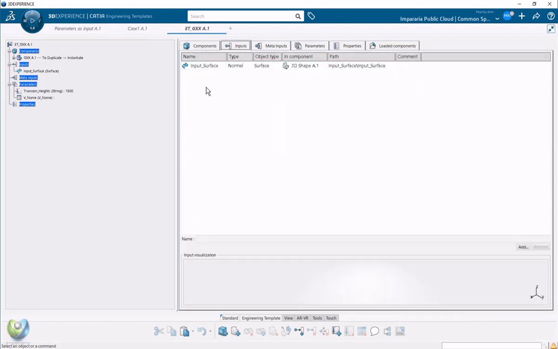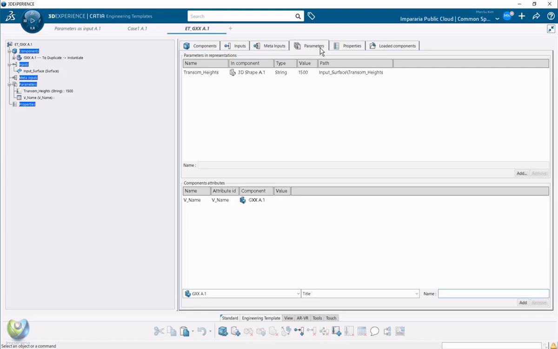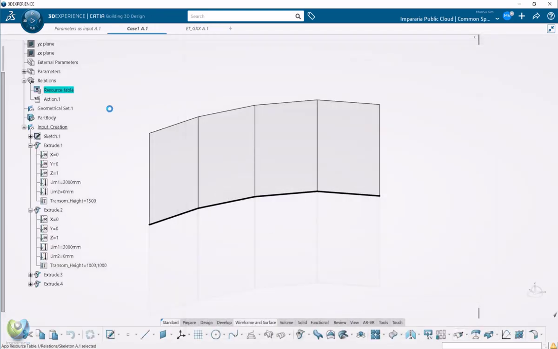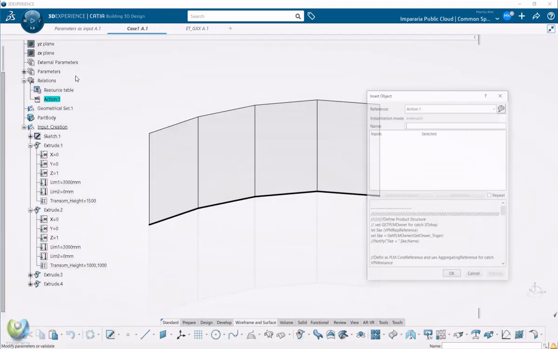This time, our input is one surface, and when you look at the parameter tabs, I registered this parameter name as transom height. So I can use this name while instantiating the template. So this is what the engineering template looks like. Then let's try to run. When you run the action,